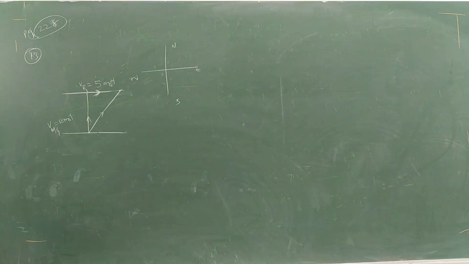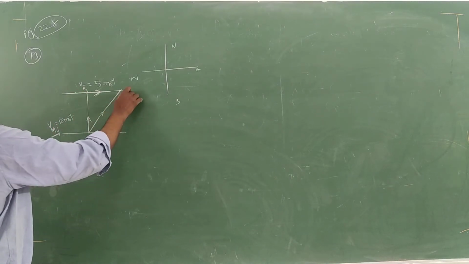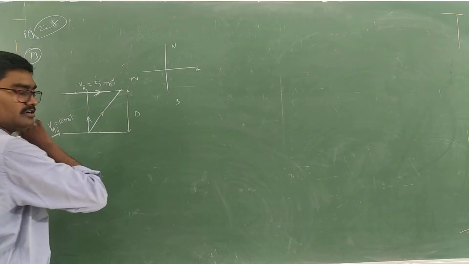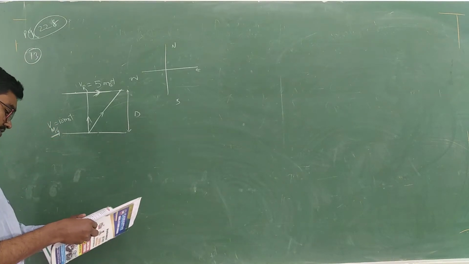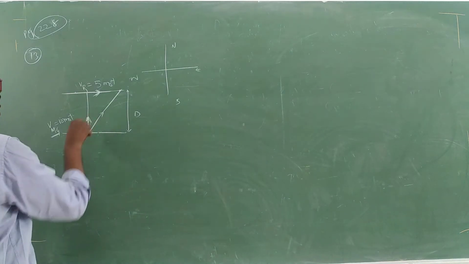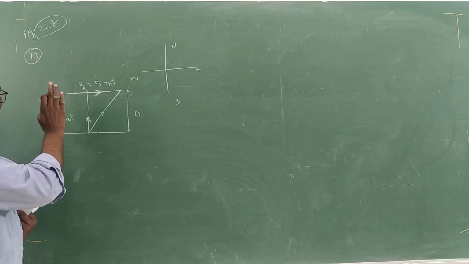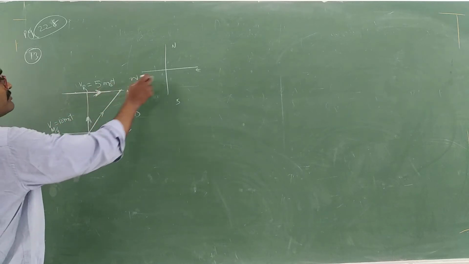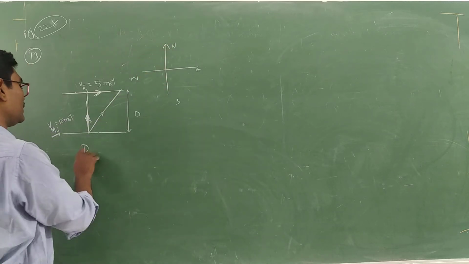So what is the time taken? Did they give the width of the river? No, there is no width given. They are asking only the direction. It's conceptual. He has to aim only perpendicular to the flow of water. The water is flowing west to east, so perpendicular is north. Due north is the answer.